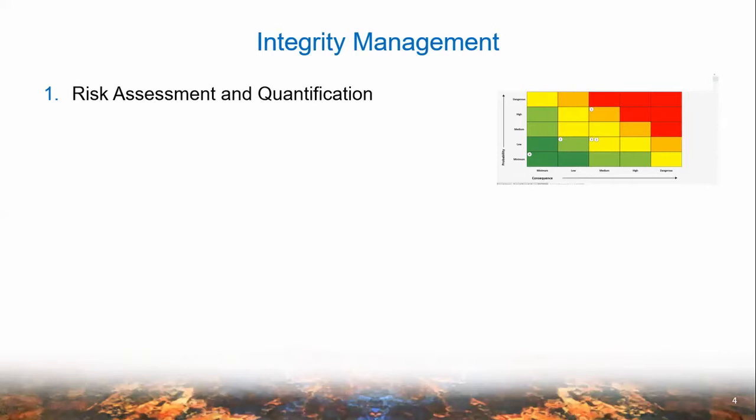Though 4x5 or 4x4 grids are available, most prefer a 5x5 grid as shown in this graph with 5 colors. Red indicating risk being at the dangerous level, orange indicating the risk being high, yellow indicating risk being moderate, greenish yellow indicating risk being minimum, and green indicating risk being low.